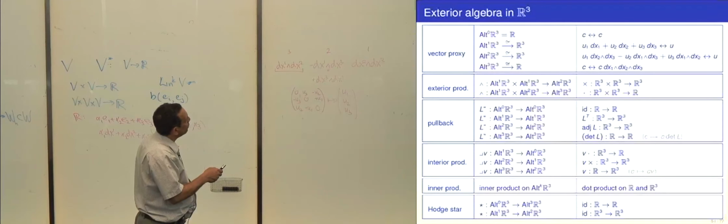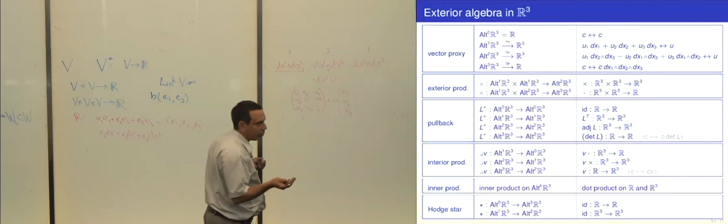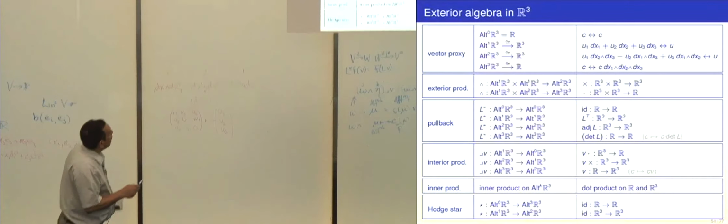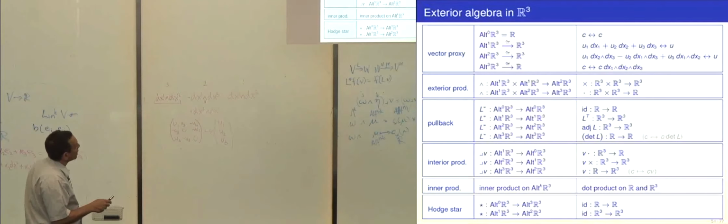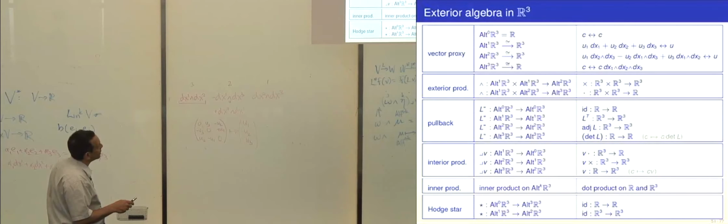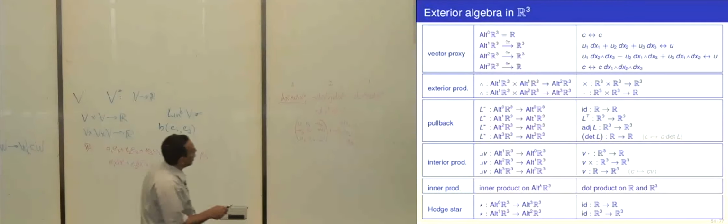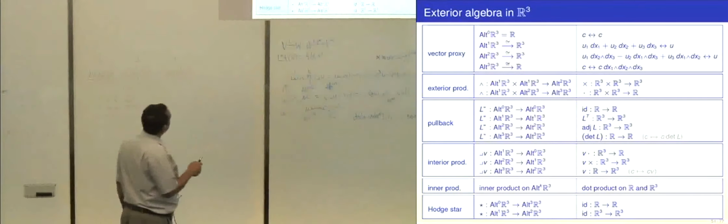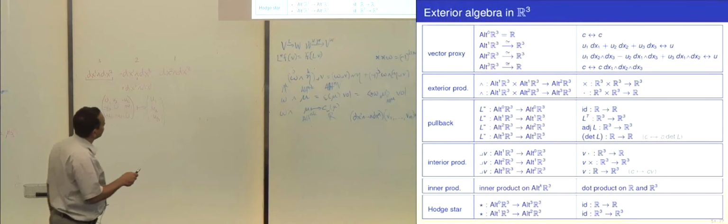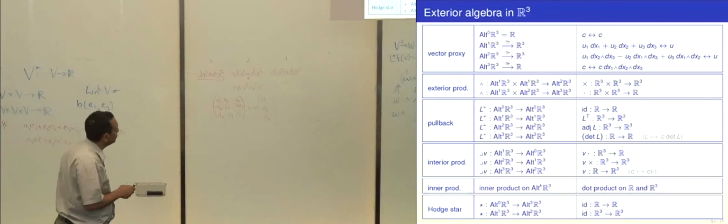A 1-form and a 1-form wedge together, well, that's a vector, and it's supposed to give you a 2-form, which is a vector again. How do you multiply two vectors and get a vector? You take the cross product. A 1-form and a 2-form, that's a vector and a vector, but you're supposed to get a 3-form, which is a scalar. So how do you do that? With the vector proxies, that's just the dot product of the 1-form and the 2-form gives you a scalar 3-form. So the wedge product then is, in different instances, the cross product and the dot product, or the scalar product.